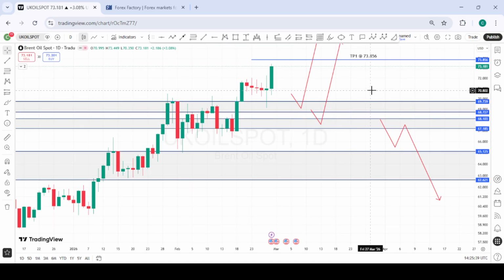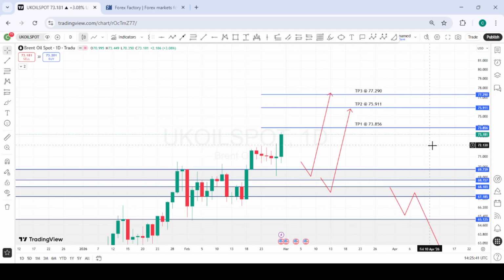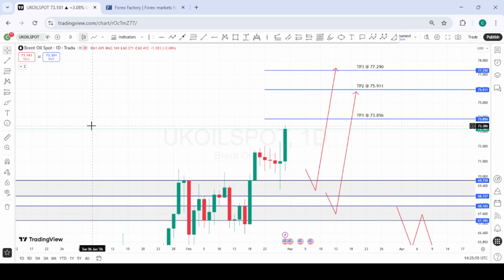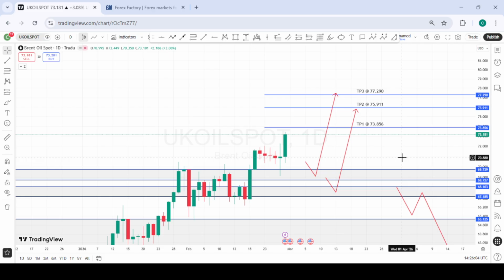We also have here Brent crude oil. Last week we had anticipated that price was going to retest either this area of interest or the one below. Price had a very quick retest and we couldn't get an entry opportunity to hop onto this trade. And looking at the current rising global tensions,